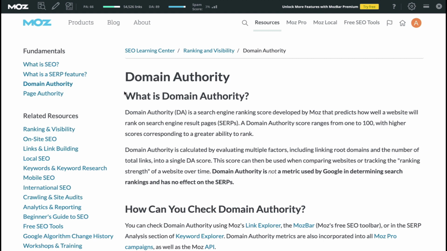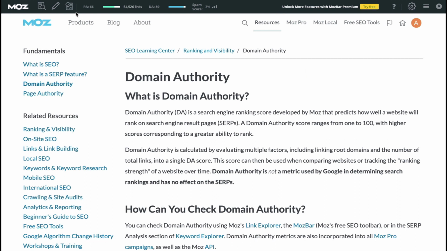But Moz, this company, which I'm showing now, they came up with a very interesting similar metric called domain authority, which is their own thing. It's not from Google, but it really closely resembles and helps us understand and compare sites. So you see on the top, I have this little bar. You see that black bar? That's something that I got for free from Moz. They have a Chrome extension. I'll show you how to get that in a second.